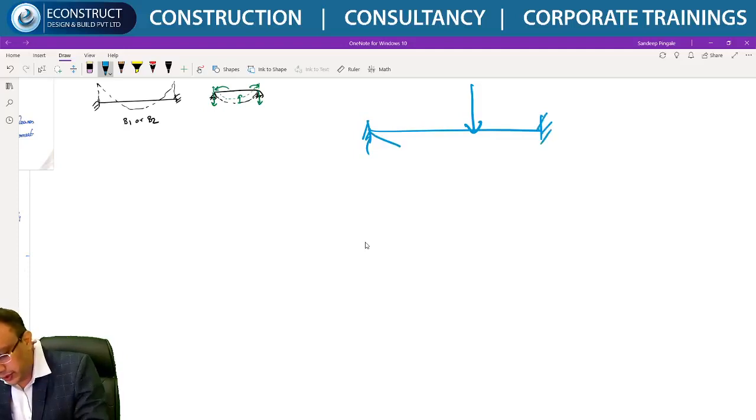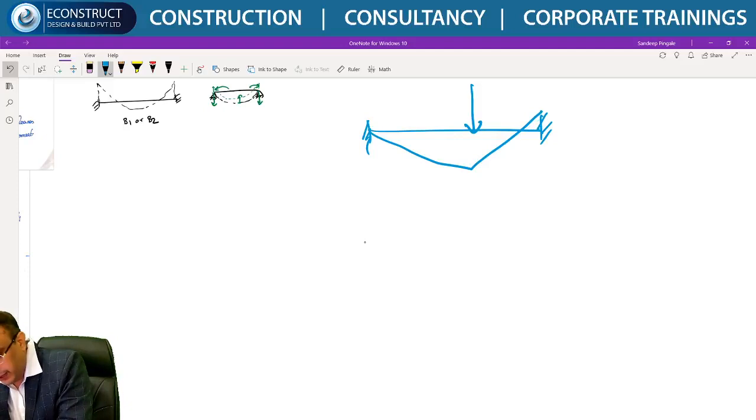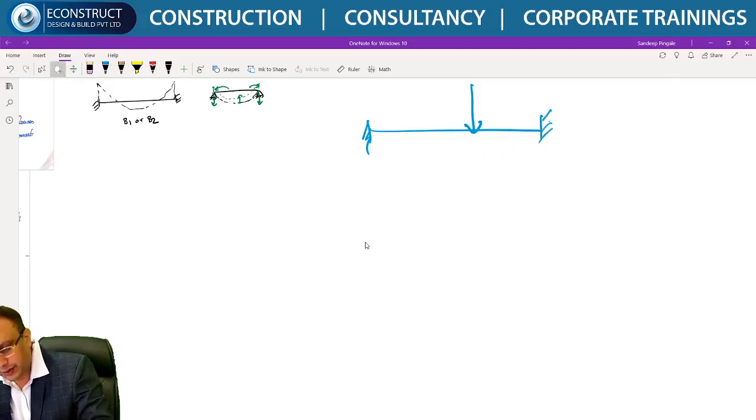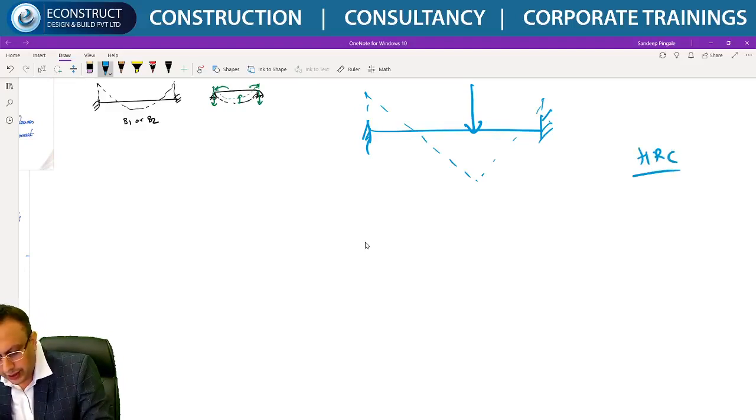In that case, you know this kind of bending moment will be there. But if it is a simply supported beam versus a fixed beam, you will have the bending moment like this. If you know the HRC committee in Mumbai, which is the high-rise committee in Mumbai, what they do is,